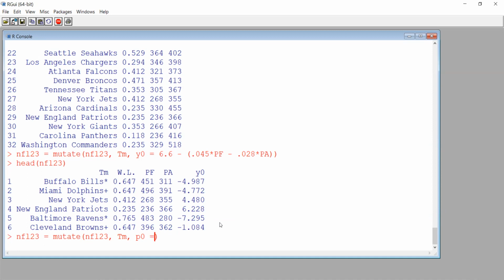And does anybody remember what the formula is? It's e to the y0 divided by 1 plus e to the y0. And I'm going to round it too, so that it's not too long.